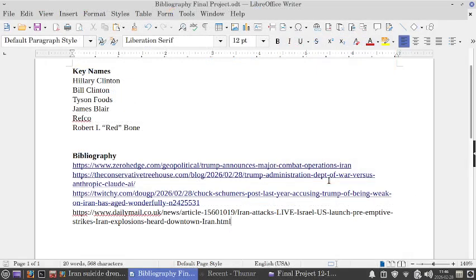So on my bibliography, I have key names, bam, right there. I've just listed names that look like they might be important, or they could be important if I do some research, right? So I looked at the Cattlegate scandal, and got Hillary, Bill, Tyson Foods, James Blair, Refco, and Robert Redbone. Who names their kid Redbone? Anyway,